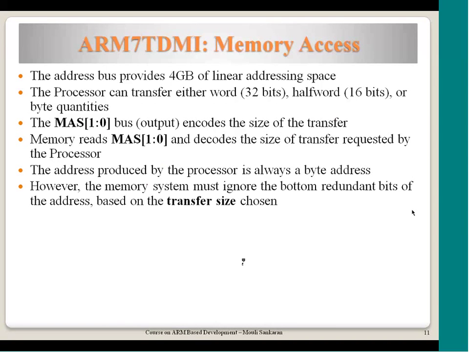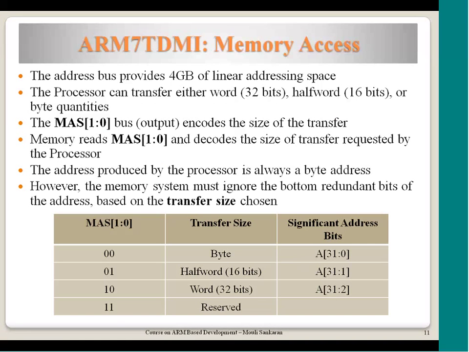However, the memory system must ignore the bottom redundant bits based on the transfer. Let me tell you, suppose the processor is driving this 10 as a combination, that means it is doing a word transfer on the data bus. That means for a given address, there are 4 bytes of value which are either coming out or to be read from the memory by the processor. Now, as you know, the addresses are byte wise, but these 32 bits indicate that there are 4 bytes which are read or written in a single memory cycle. Because of this, the bottom 2 bits